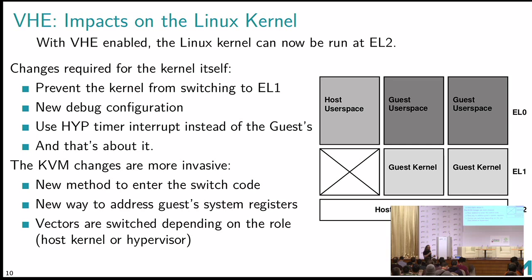So for those who've looked at the timer recently, there are 4 timers really. There's a physical timer, a secure physical timer, a non-secure one, a virtual timer, and a hype timer. So, being non-secure, we don't use the secure timer. KVM normally uses the physical timer and gives the virtual timer to the guest. Here we're going to silently upgrade our physical timer to be the hype timer. We also gain an extra one, which is the hype virtual timer, but we don't use it for KVM.